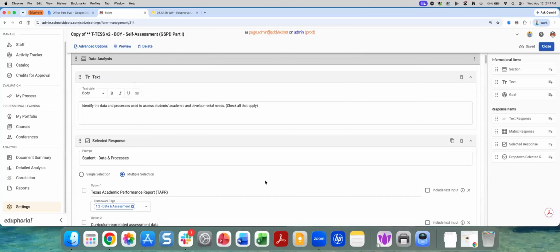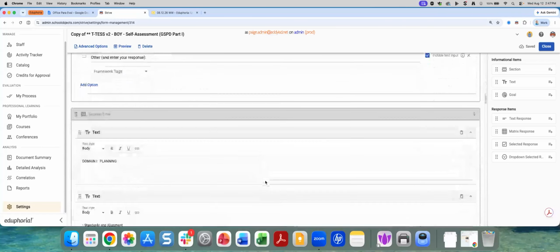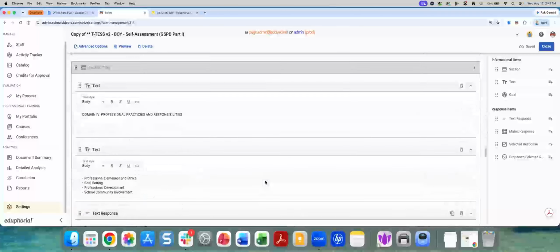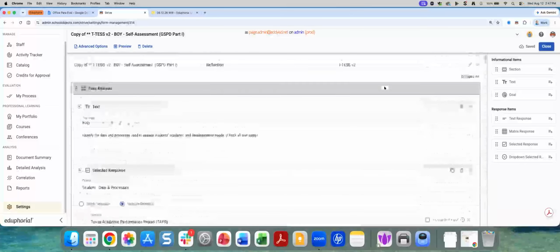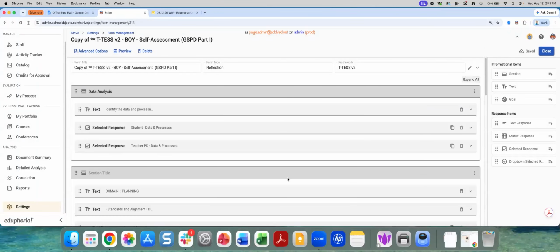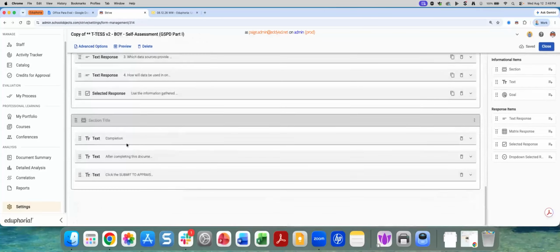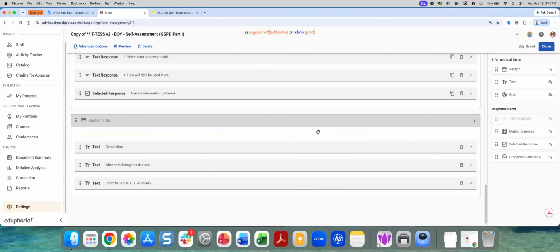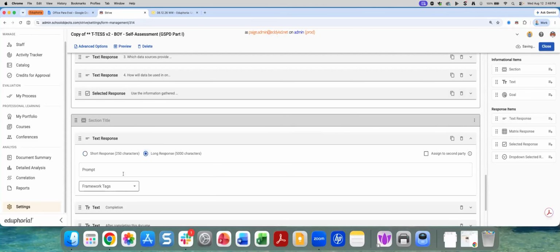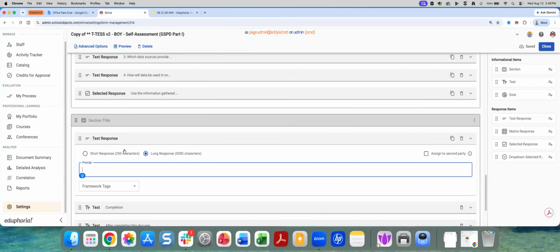If you wanted to, you could have at the bottom of the document, well, okay, so here's another thing I can do. I can collapse all up here with my forms as well. We did that in the process, but I can do it in my forms too, and that makes the scrolling a lot less painful. So I can say I'm going to have another section. Actually, maybe I'll just put it in here. I'm going to drag in a text response, and I'm going to say it's a long response, and I'm going to call it evaluator comments,